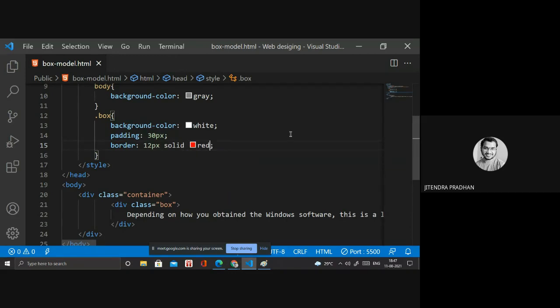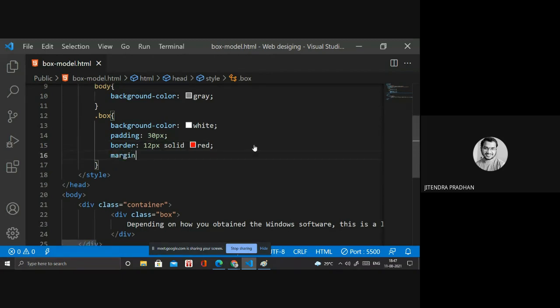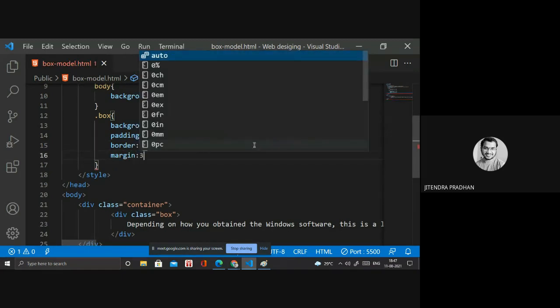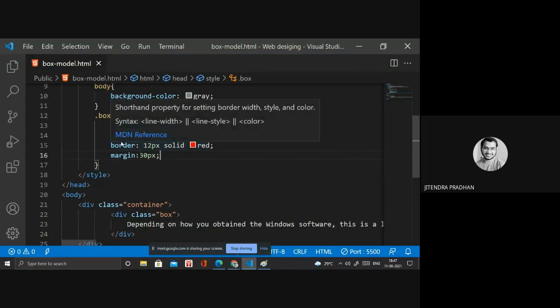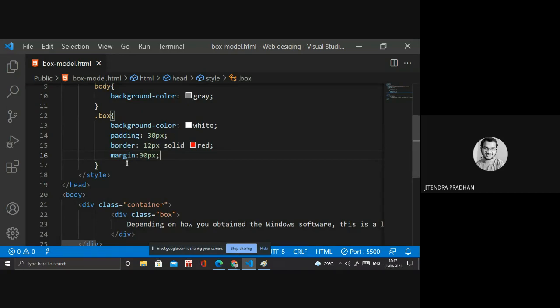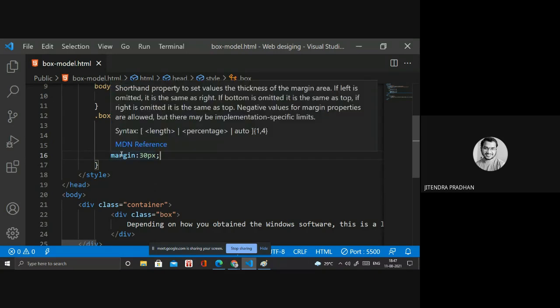Okay, next we have margin 30 pixel. Okay, so we are applying padding, border, and margin. We have four properties in the CSS box model: content box, padding box, border box, and margin box. We are applying all of these.